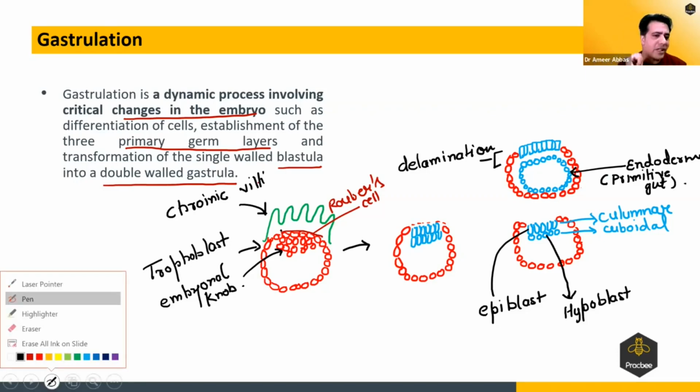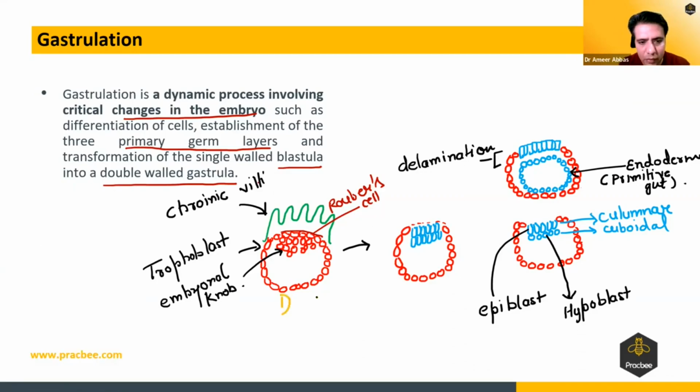So two more layers are left. This two layer structure is basically the gastrula. Gastrula formation has started. Okay, now two more layers are left. So let me number this diagram. 1, 2, 3, 4, and the next will be 5. So what happens here in the formation of